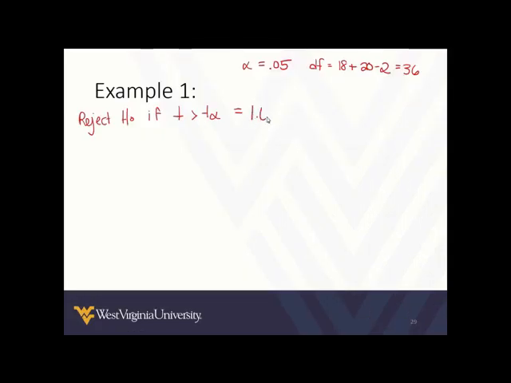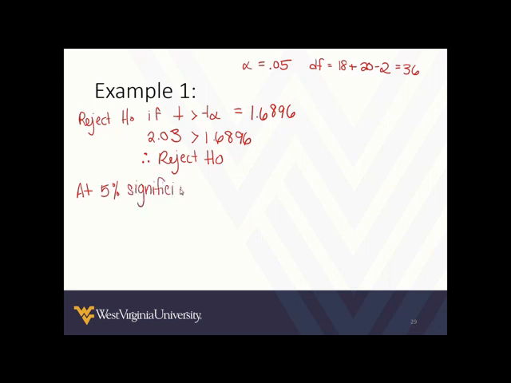So going back to our slides, we have 1.6896. So if we compare, our t statistic was 2.03, and it is indeed greater than our critical value. So therefore, we can go ahead and reject our null hypothesis. So we can move on to step 4 and say that at the 5% significance level,